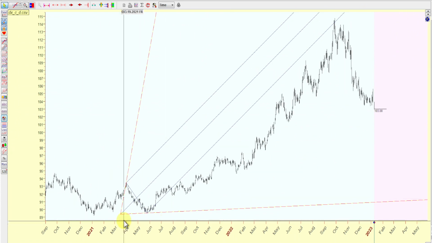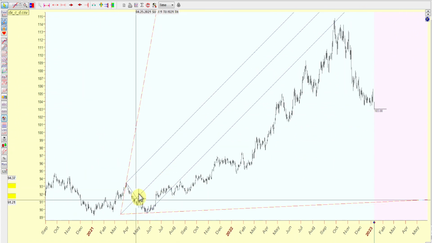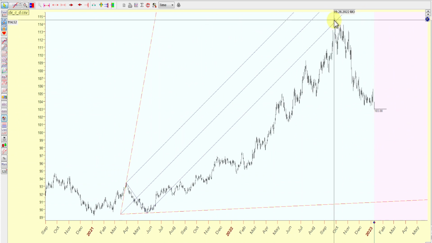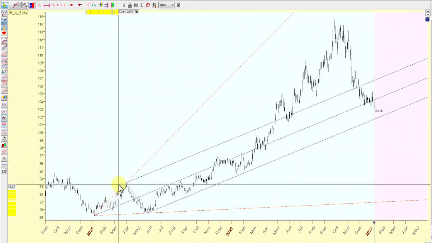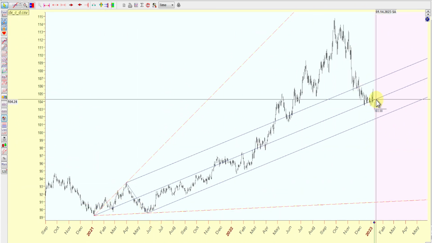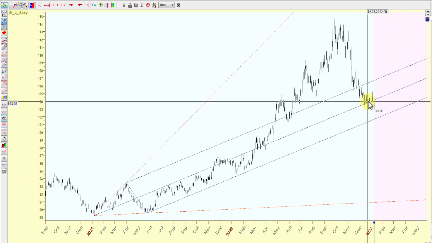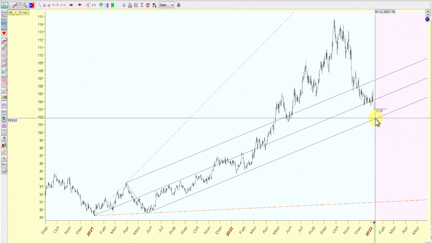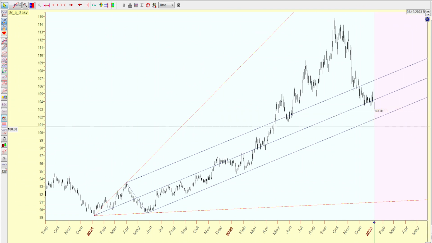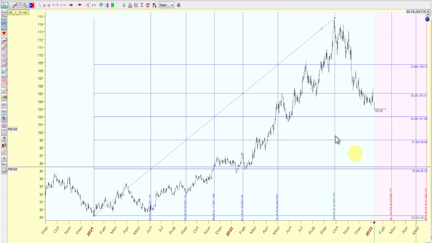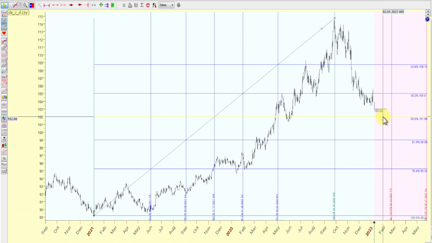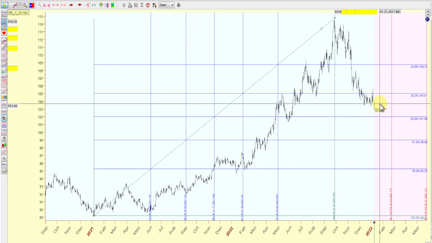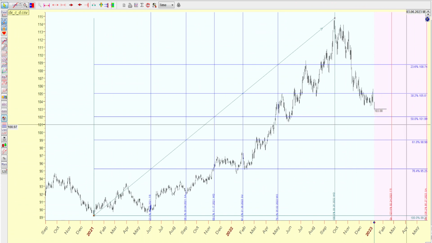I went ahead and did the pitchfork and adjusted this. I did it in inverse. You can see that we found resistance right up there and then dropped. I found that interesting. And I did the pitchfork from right here, and you can see that we were hovering around the 50%. If we continue pushing lower, anywhere around 107, 102 could be possible support. Fibonacci 50% is 101.99, right there. If it's going to return to the mean, that would be the center of gravity.